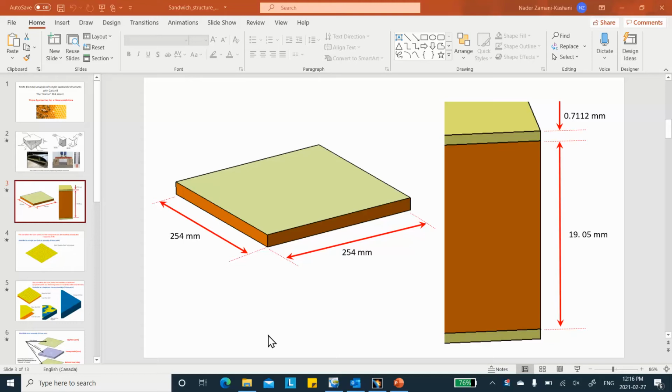Okay, so basically we had a composite with three layers: the top layer, the top skin as a ply, the middle ply being the core, the honeycomb core of the structure, and the third layer being the bottom skin, which was another layer just like the top one. Okay, here what I would like to do is repeat that problem,